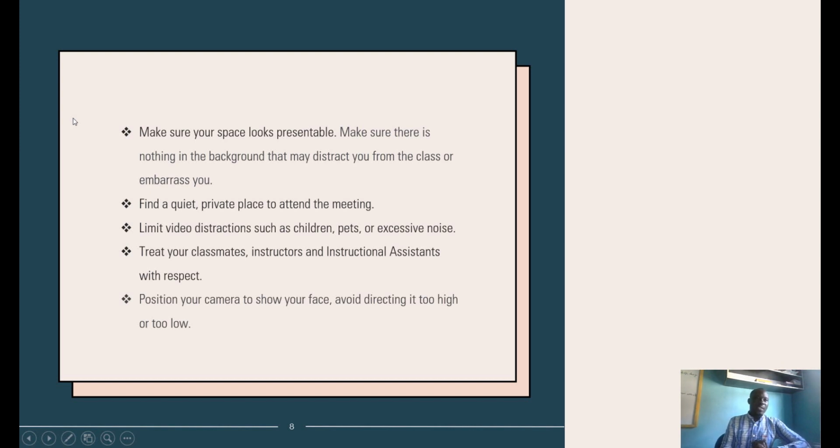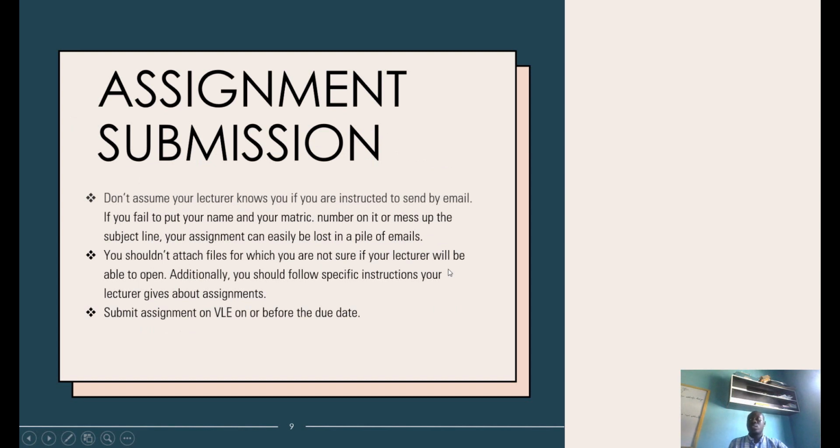Also, the next activity is when you're submitting assignments. So let's say your instructor or your lecturer gives out an assignment, and you have to submit it. Submission is a major activity that requires you giving feedback to your lecturer. So the rules and guidelines around this: don't assume your lecturer knows you.